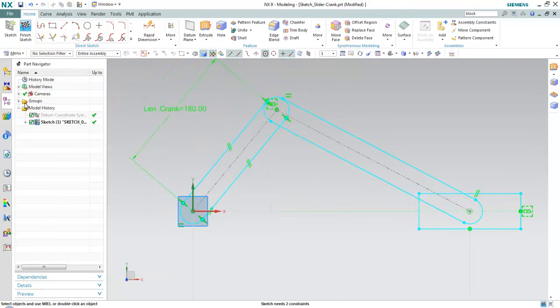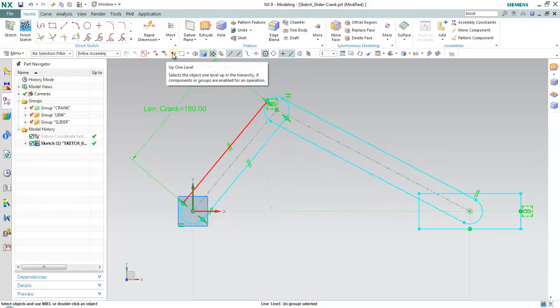and you'll see that what I'm dealing with here are just groups. So here's an active group called crank, which is these lines and arcs, link, and so forth. If I want to inactivate that and go back without the dimension, if I click on this line, there's a nice little tool I've turned on. It's called up one level, and it selects the object one level up in the hierarchy,